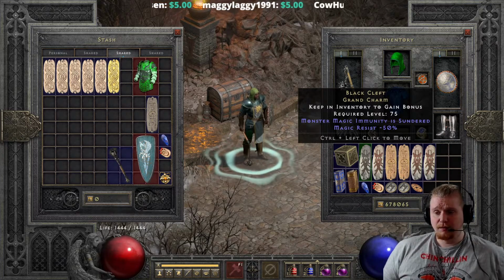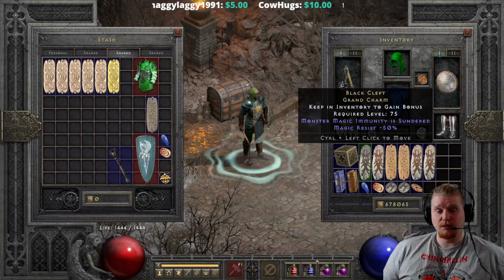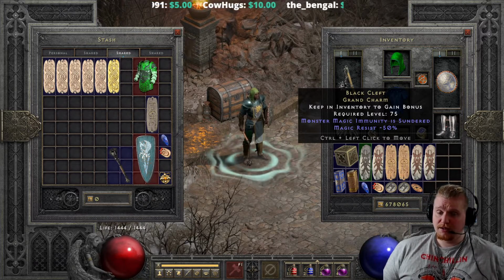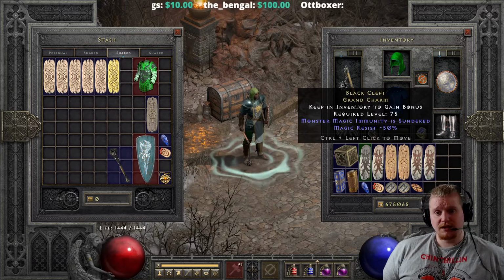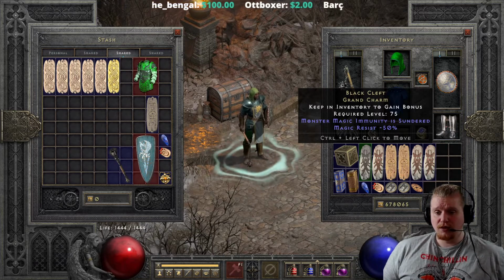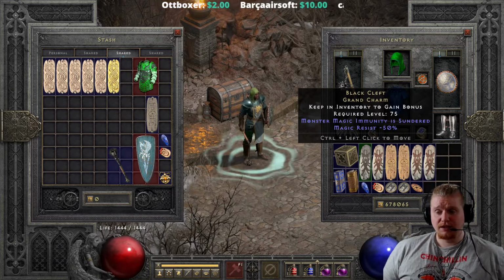I have died many times to the Herodrim shooting Dark Stars, especially when they're a multi-shot extra fast. I have died many times to Bone Spear Snakes that are also utilizing magic damage. Bone Spirits in Chaos Sanctuary can be particularly devastating, especially if you end up with a multi-shot version. And while you might not necessarily die to these particular monsters under normal circumstances, they can definitely dish out some